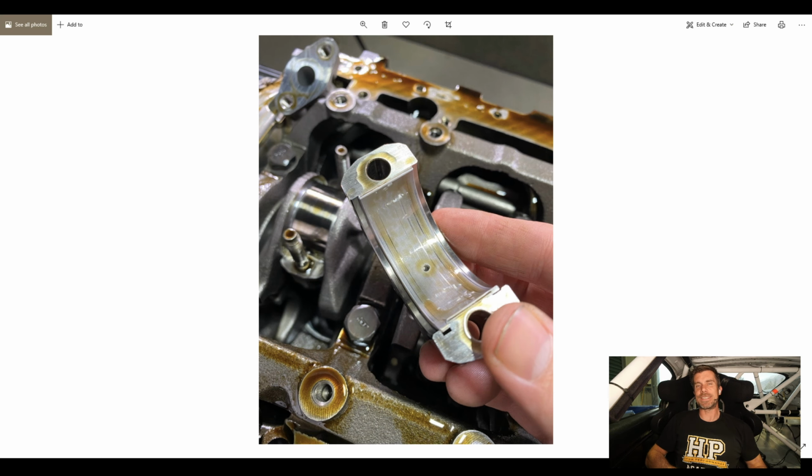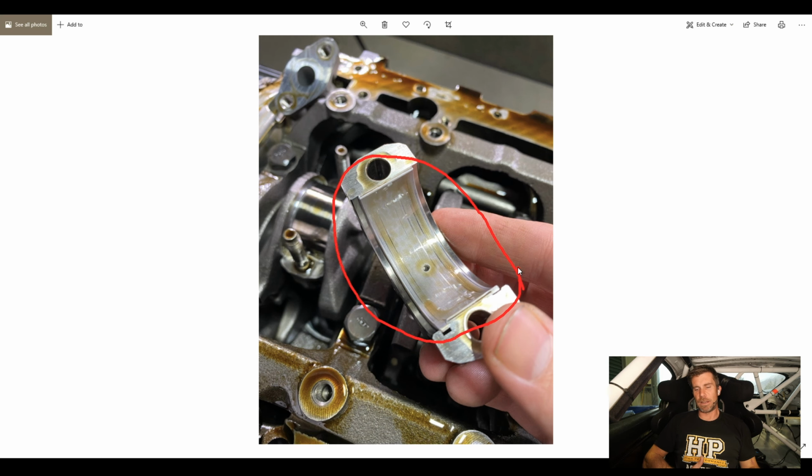I generally like to see an engine that has been well looked after, and we can see here I've just got one of the bearing caps off, and this is one of the inspection tasks that I tend to go through when I am stripping an engine. It's always a good idea, even if we aren't reusing these components, just to be a little bit vigilant and inspect everything as we disassemble it.